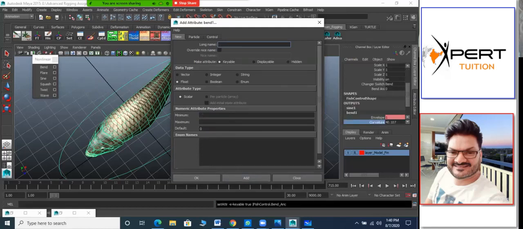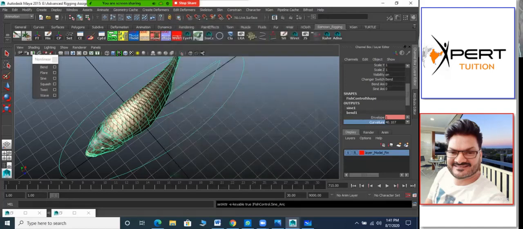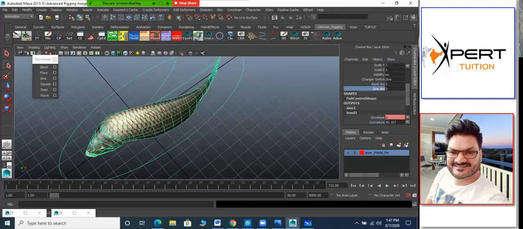Next one, I'll give the same name, sine underscore animation. Offset always work for 10. So directly we can keep it minus 10 and tab plus 10 and 0. Okay, so add it. So two attributes. If we are in the bend mode, we can animate with here. If we are in the sine mode, we will animate with the second value. Is it clear? Yes, sir.